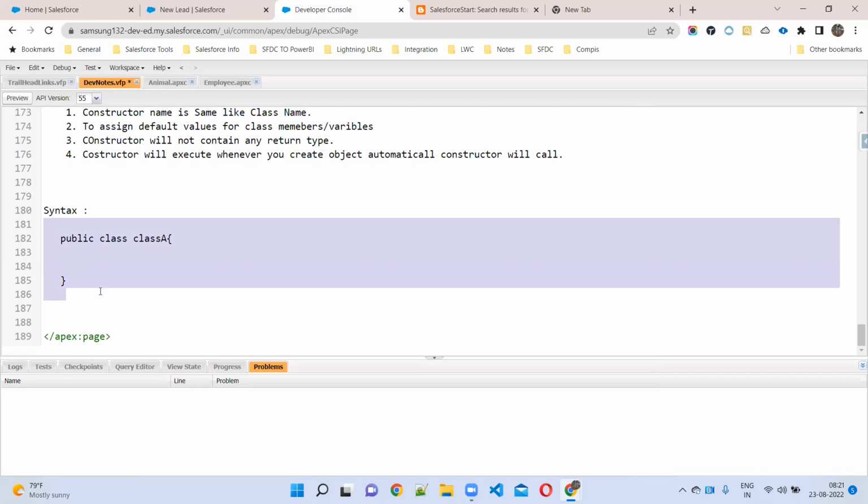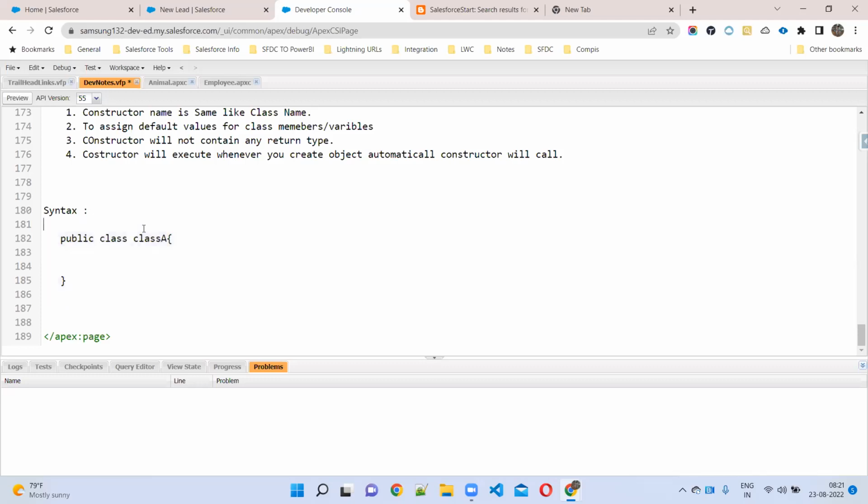Where is the method here? Is there any method here? No, sir. This is a simple class, with no variables, no method. This is called a class. Class A is a class name.